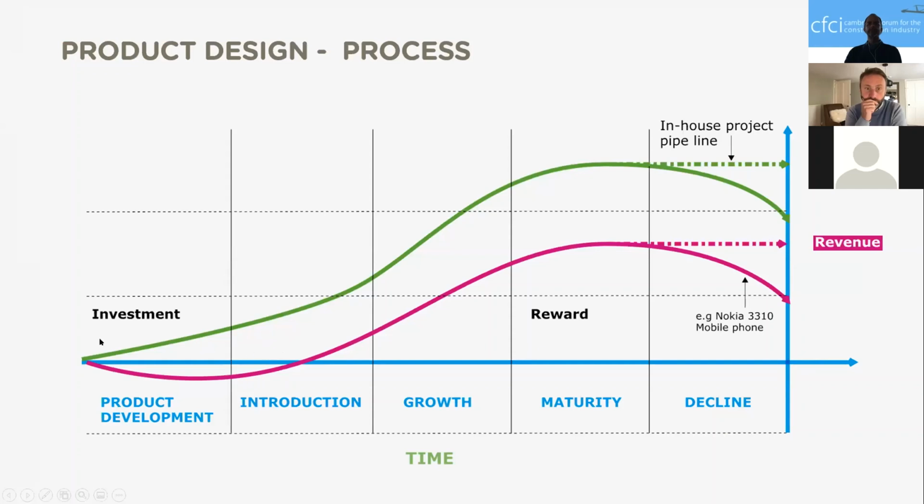phones, for example, in that there's an initial stage of actually developing that product, a bit of an introduction to the market, a nice growth phase, the product matures, and at the end of maturity, it will either die away or it's reinvented somehow. So if I take the Nokia phones, for example, they didn't reinvent so much, but have moved away, whereas iPhones probably have reinvented and moved themselves on. So there's a level of development that always happens, and then recycling at the far end in terms of refining that development.